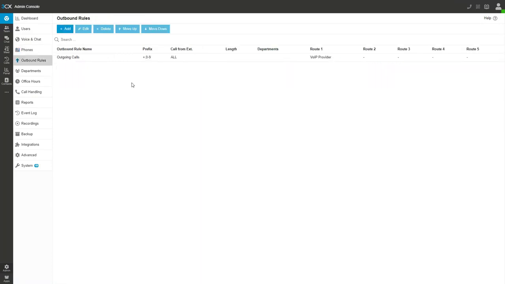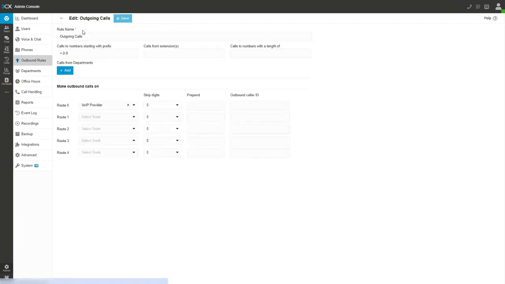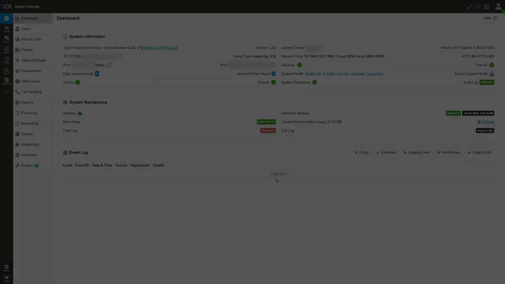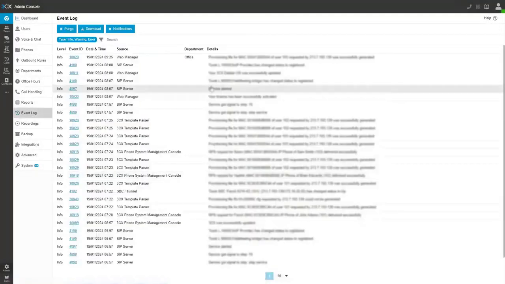The outbound rules have been migrated over as well. And we can do any modification we need to. The concept of the outbound rules hasn't changed. So we still have prefixes, we still have calls from extensions, and we have number lengths as well as the departments. In the dashboard, we have our event log,